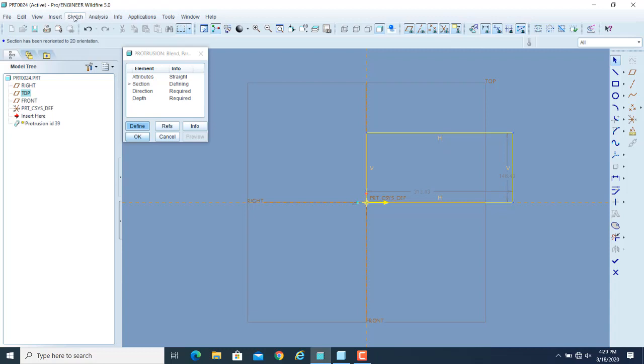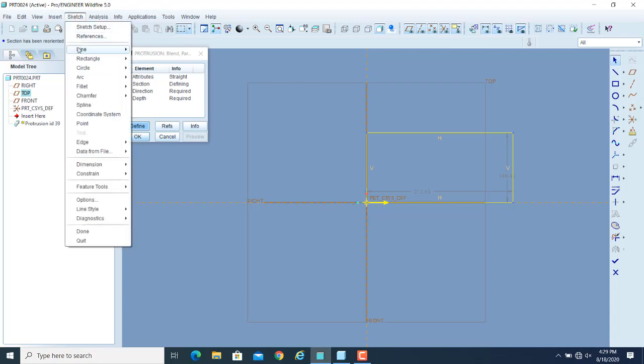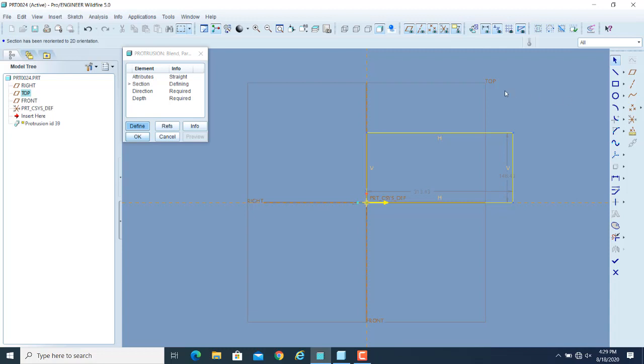here is an option within the sketch menu. When you click on sketch, feature tools is an option in it, and there is toggle section. So you can toggle to the next section. From here, you can simply go to the sketch, feature tools and toggle, or you can simply right click on